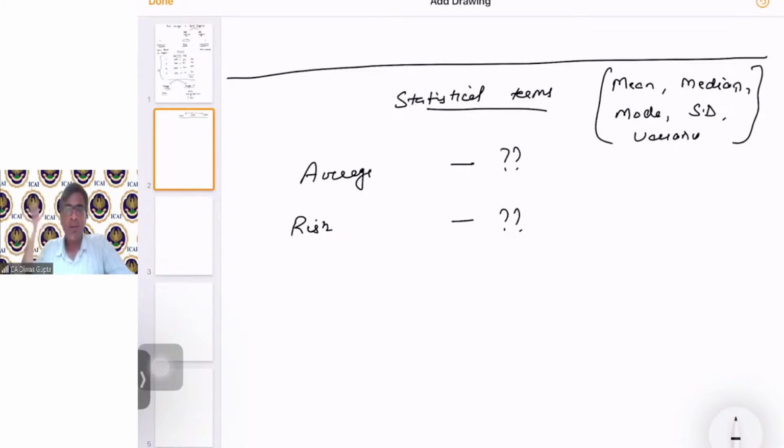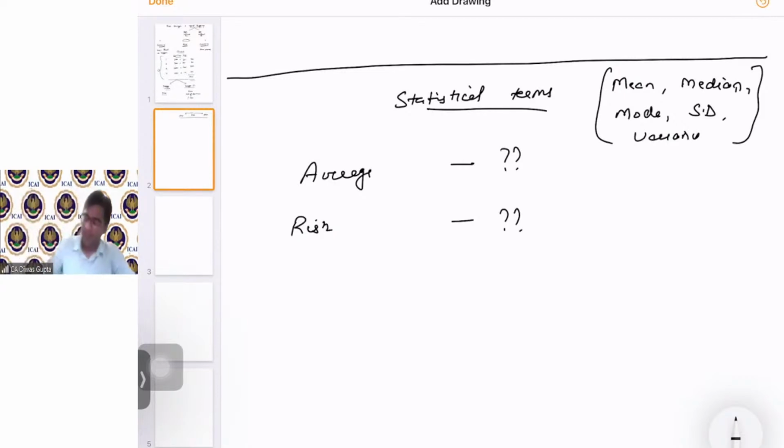Darshan is saying average is mean. Perfect. Sayyid is saying average is mean, risk is variance. Very nice. Dikshita is saying average is mean. Perfect. Kiran is saying average is mean. Darshan is saying risk is standard deviation, variance. Very nice. Komal, no query. Sudhanshu, SD is average, risk is variance. Varsha, average is median, risk is variance. Kiran, variance is risk. Perfect. Buduri is saying average is mean, risk is standard deviation. Perfect. Bhumika, average is mean, risk is standard deviation. Shubham, I'll come to you.